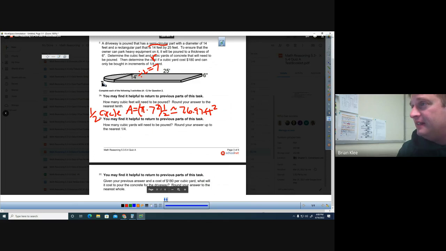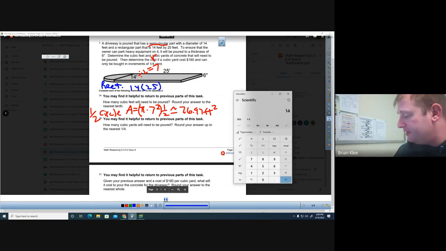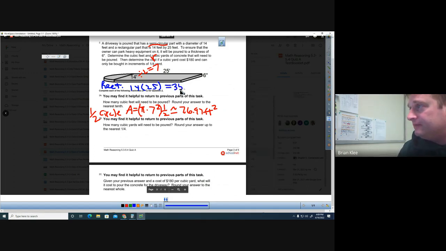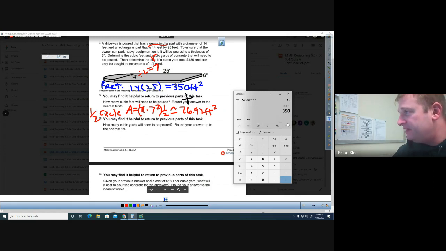Okay, the rectangle. I'm going to abbreviate. That's faster. Finding the area of it at least. It is 14 by 25. We grab our calculator. 14 by 25. We got 350 square feet. And now my recommendation, all right, let's finish up the area. So what's the total area? Add these 2 numbers. That 350 sitting in there, I hit plus 76.97. We've got a total area